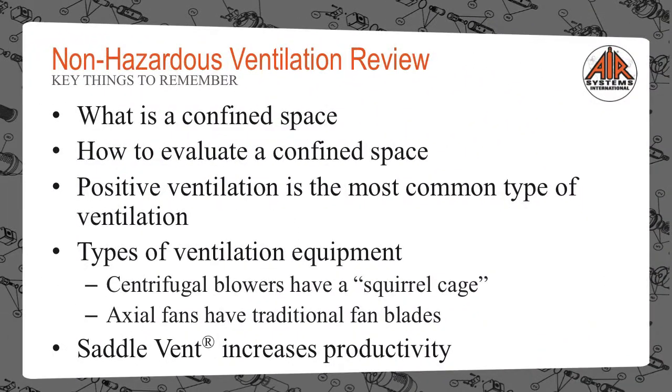The key topics to remember from the non-hazardous training module are: what is a confined space? How to evaluate a confined space? Positive ventilation is the most common type of ventilation. Types of ventilation equipment: centrifugal blowers have a squirrel cage and axial fans have traditional fan blades. The saddle vent increases productivity. If you are not familiar with these topics, please review the non-hazardous training module prior to continuing with this module